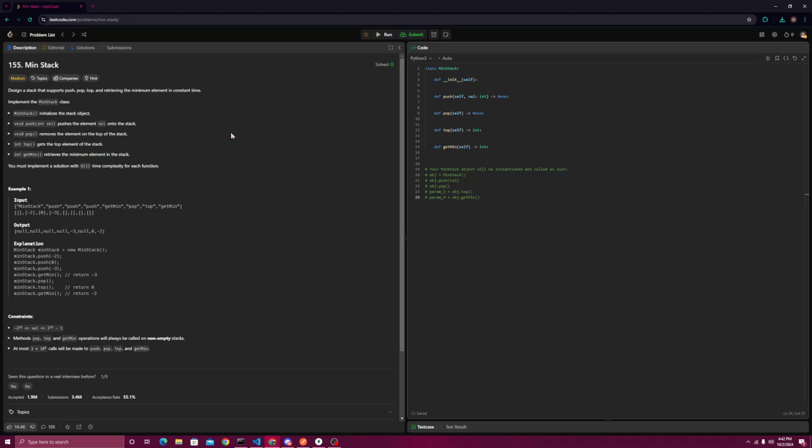So design a stack that supports push, pop, top, and retrieving the minimum element in constant time. So MinStack initializes a stack object, push pushes an element onto the stack, pop pops the top of the stack off, top returns the top element on the stack. Then this is the little twist that this question is adding. Get minimum should retrieve the minimum element in the stack, and you must implement a solution with linear time complexity